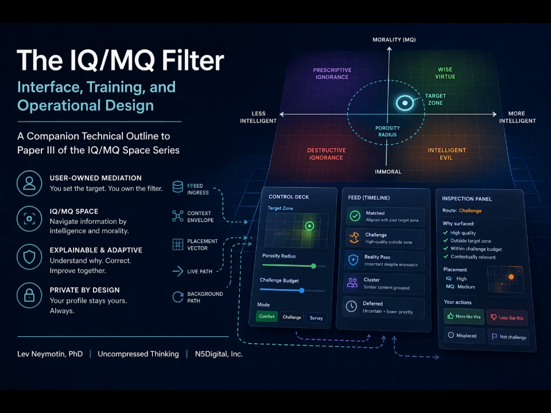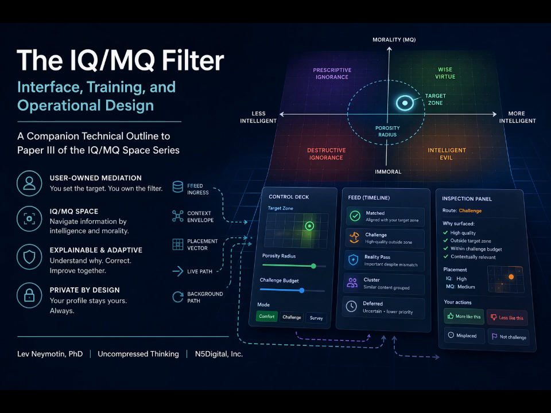Yeah, it's very visual. You have this zone cursor sitting on a quadrant map. You literally drag a target onto the grid to represent where you want your feed's baseline to be. And then there is a slider for the porosity radius. Right, the porosity radius. It dictates how tightly the filter concentrates around your chosen target zone. So it's like a focus ring. Kind of. You can tighten the radius to enforce really strict boundaries, or you can expand it to allow content to bleed in from the edges of your preferred intellectual and moral coordinates.